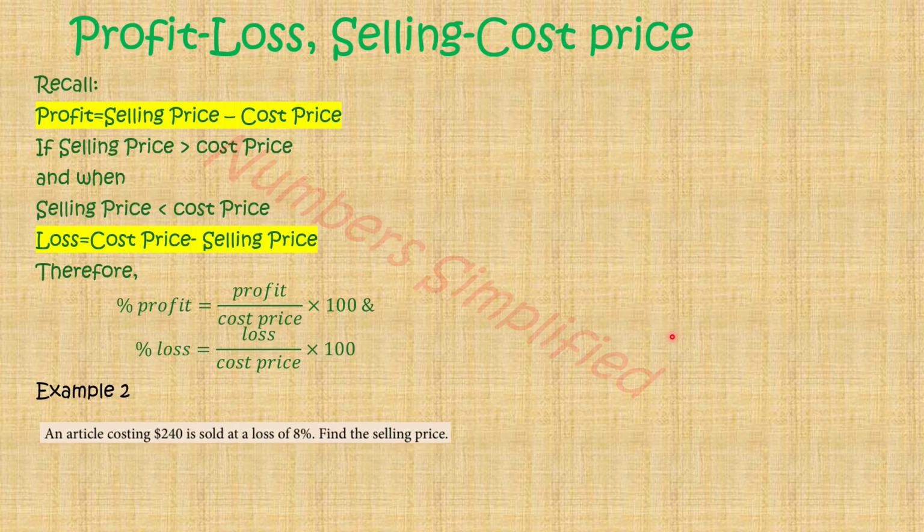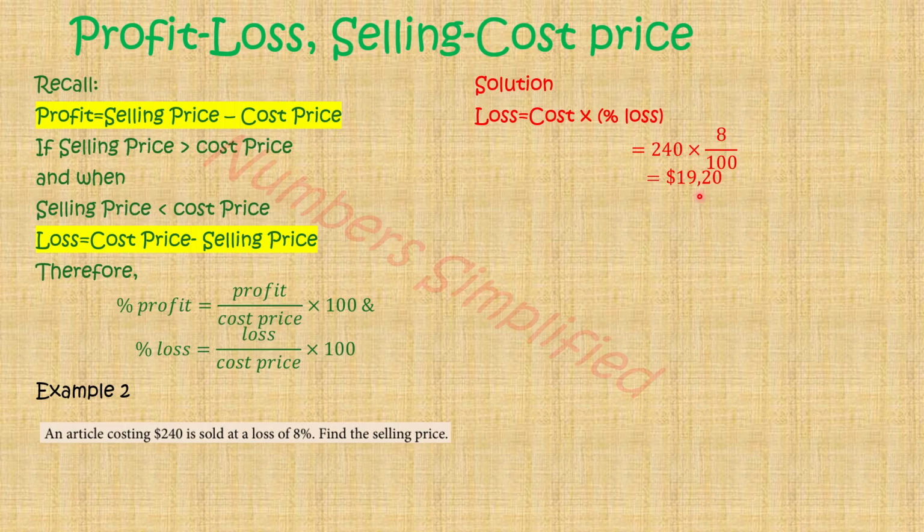Let's consider example 2. An article costs $240, which is sold at a loss of 8%. Find the selling price. So we know that the loss is going to be the cost times the percentage loss. That's how we would get the loss itself. Now, substituting for the cost was $240 and the percentage is 8%. And calculating that, we get